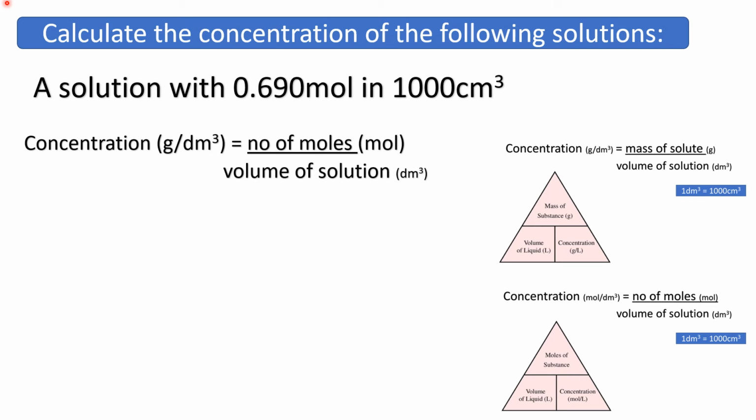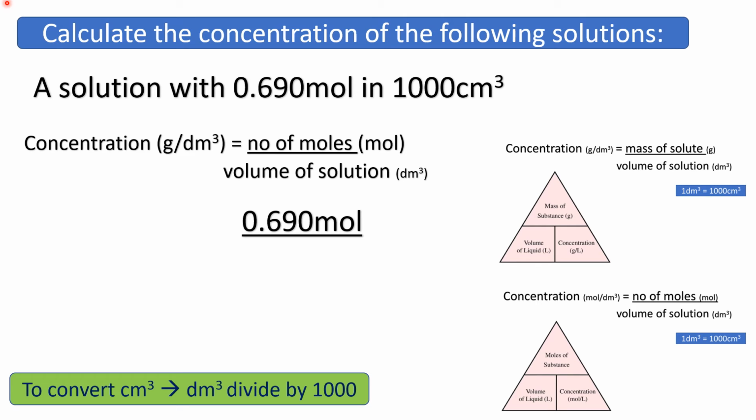Okay, do I have number of moles? Yes, 0.690. Do I have volume of solution? Not in decimeter cubed, I don't. So 1,000 divided by 1,000, oh, that's easy, is 1 decimeter cubed, which gives me an answer of 0.690 moles